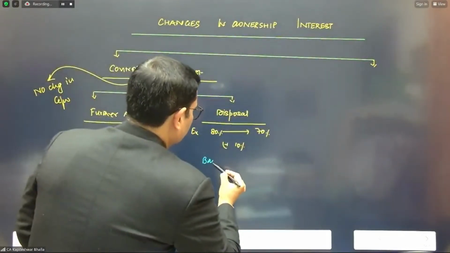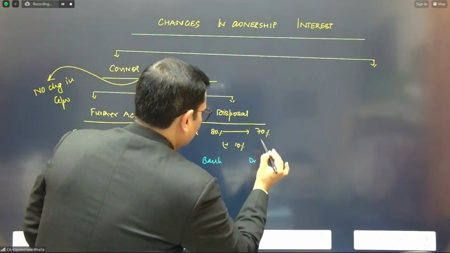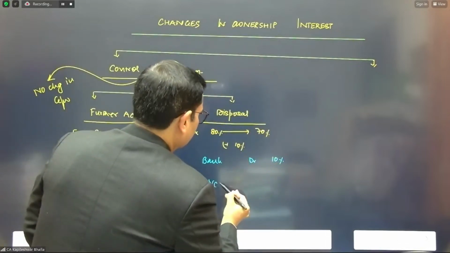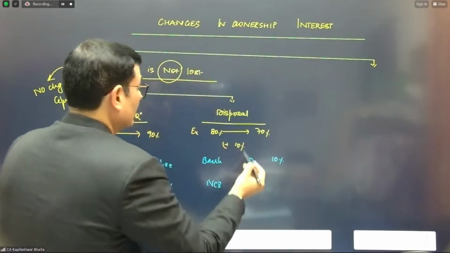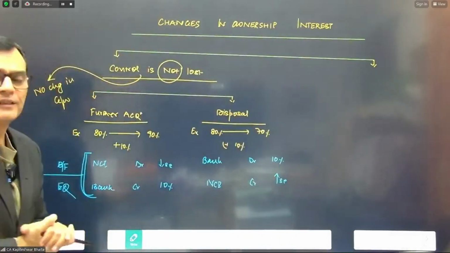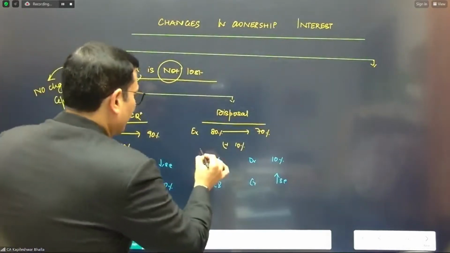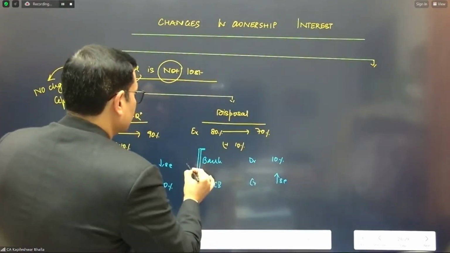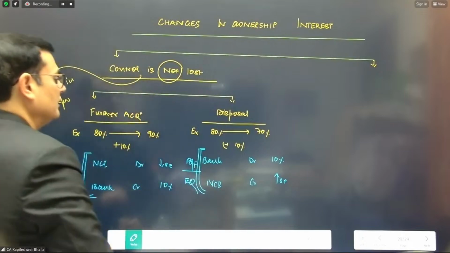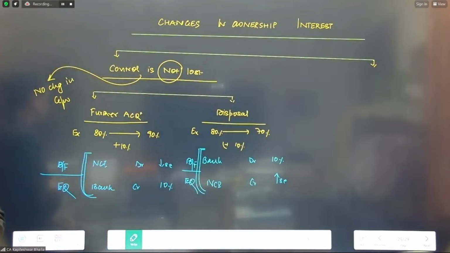And trust me, in this case, a reverse entry will happen. I am selling shares, so we will put the entry: bank account debit for the 10% stake sold, and the NCI has gone up. So there is an increase in the NCI, so give a credit to the NCI. And any balancing figure in this entry is again going to be taken in terms of equity because it is an equity transaction between the shareholders.